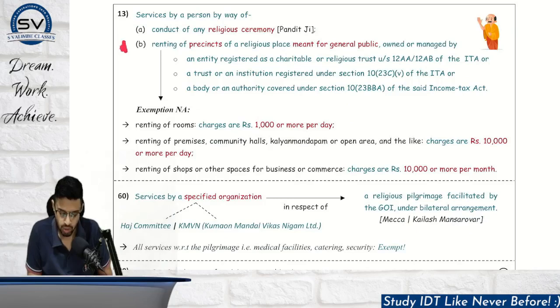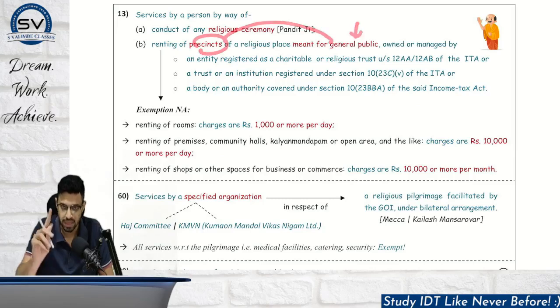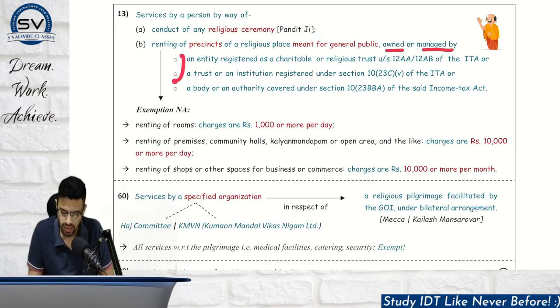Now this is important, please note, renting of precincts. Precinct means the physical space of a religious place, but which kind of precinct? Which is meant for the general public. Very, very important. That precinct should not be for one person. It should be available for the general public, and that should be owned or managed by, read it properly,